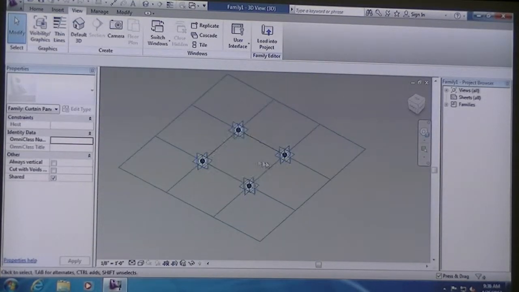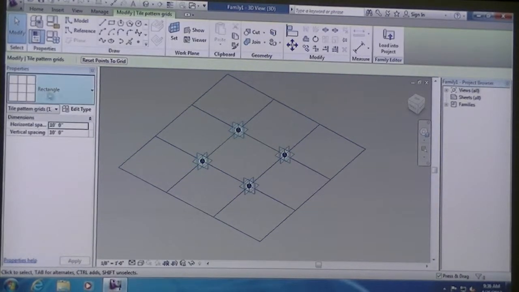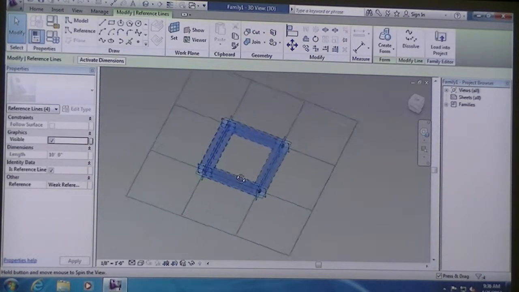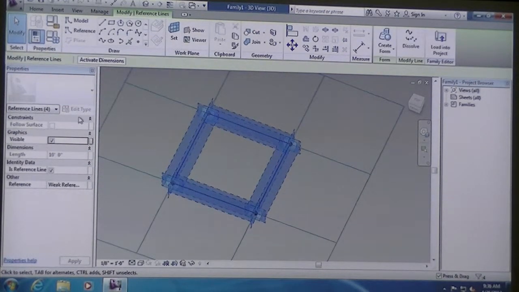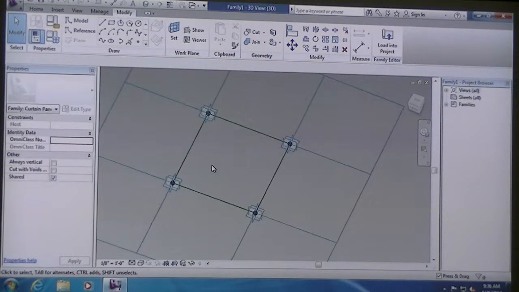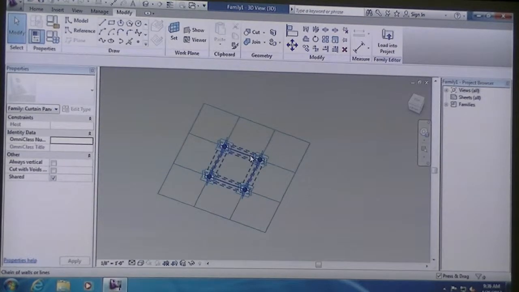So again, we're just in the regular curtain panel pattern-based family type, and we're using the rectangular grid. I find those to be the most successful. So if you can make anything that you want in this particular family, I think you'll always have some pretty good success. First thing I'm going to do though is if we're thinking about this as a railing or something